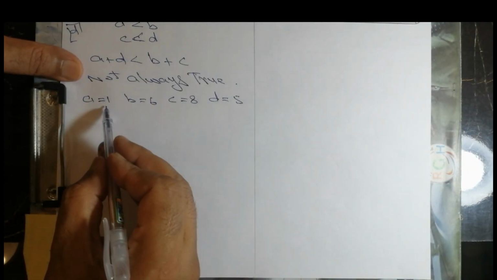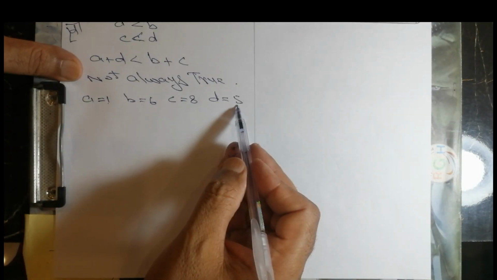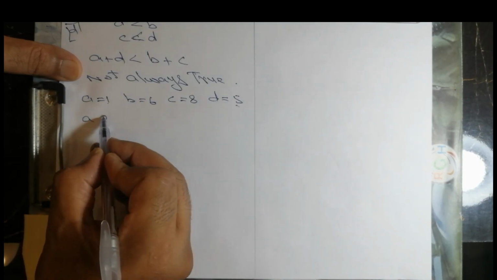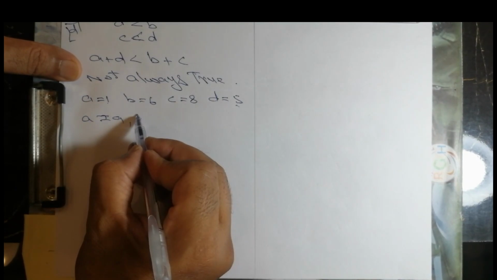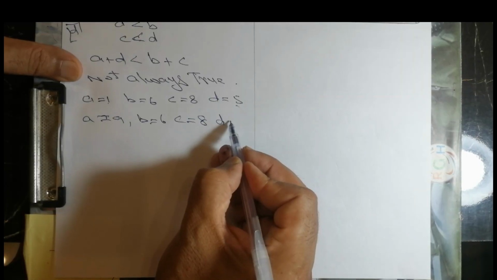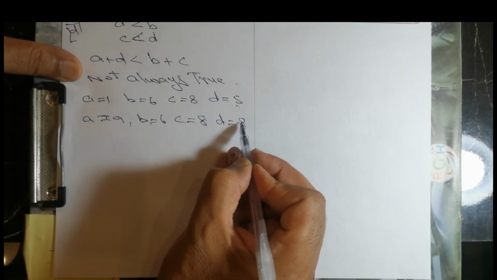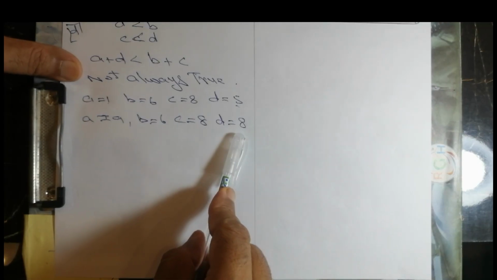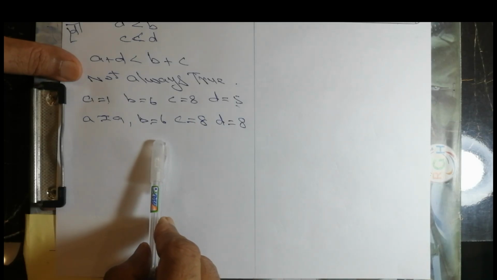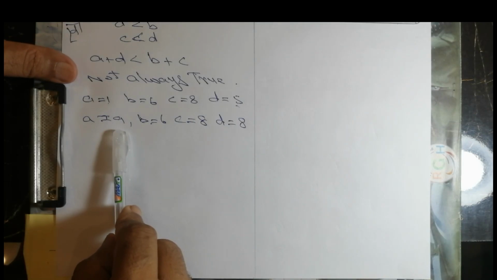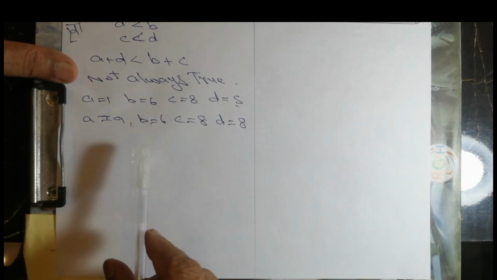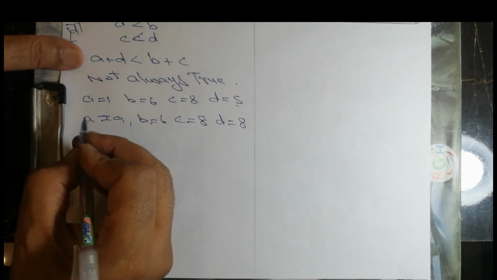In this case, if we add 1 plus 5, 6, it is true, but it might be different. For example, if A equals 9, B equals 6, same, C equals 8, and D we take also 8. So now 8 plus 9 is 17, and the sum of B plus C is equal to 14. So in this case it is not true. It depends on what value you take, so you will just write not always true, and this is the example. Now part E,